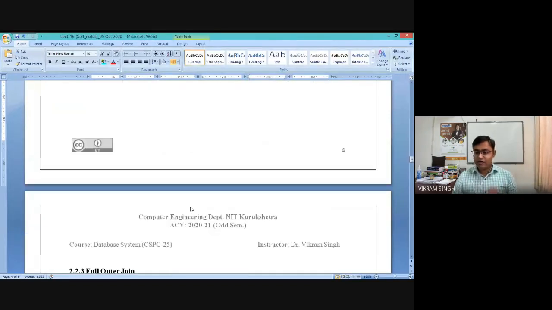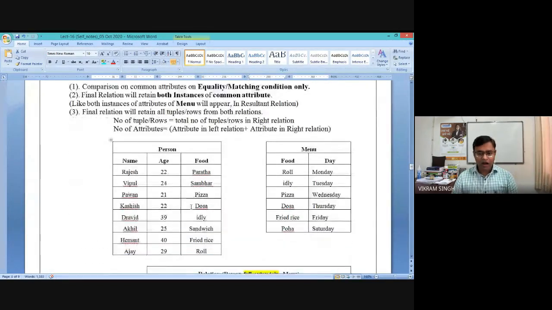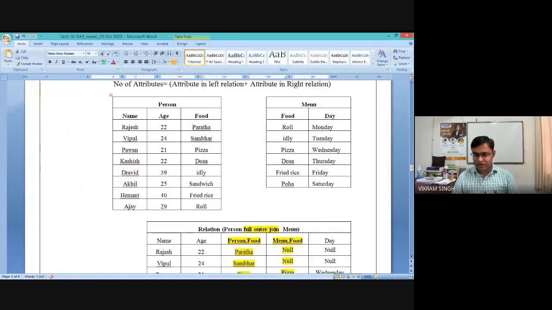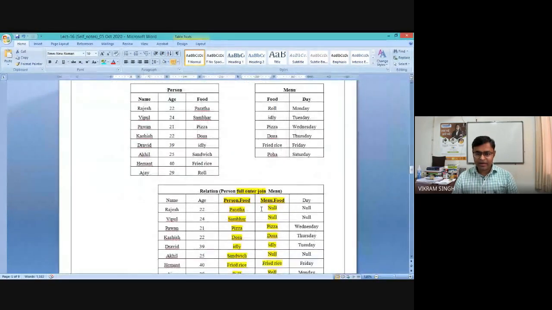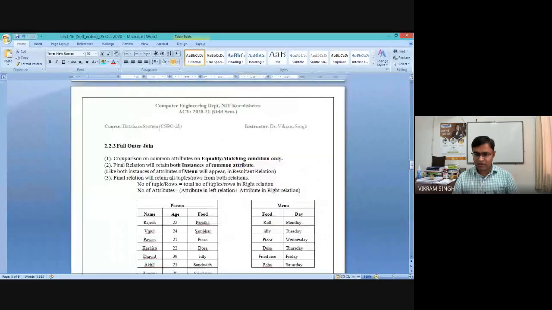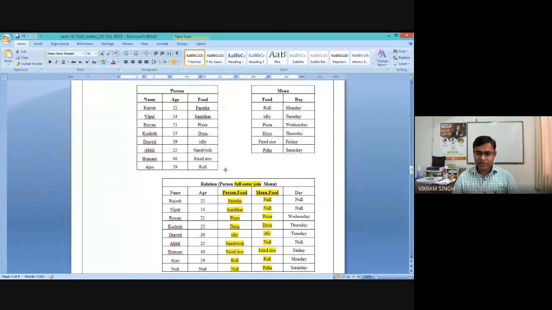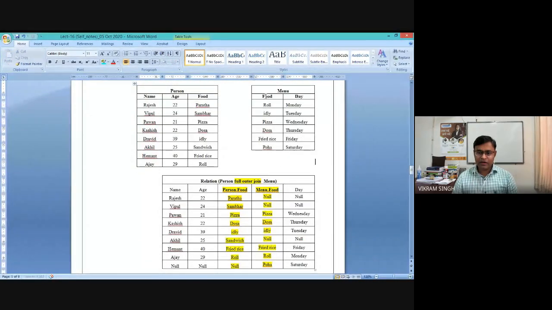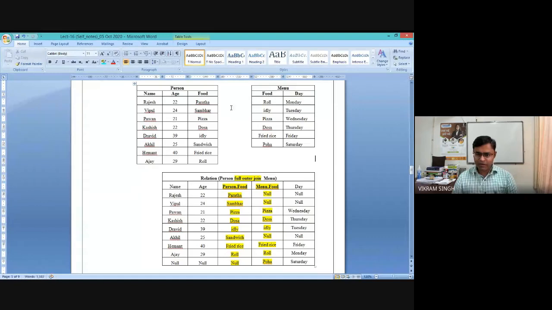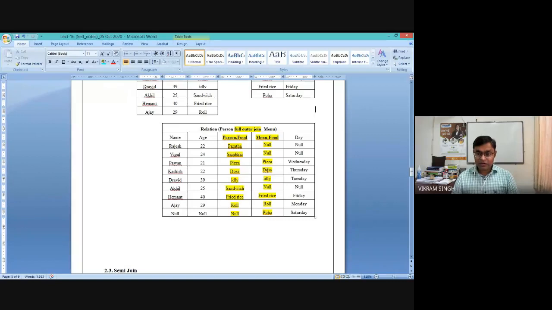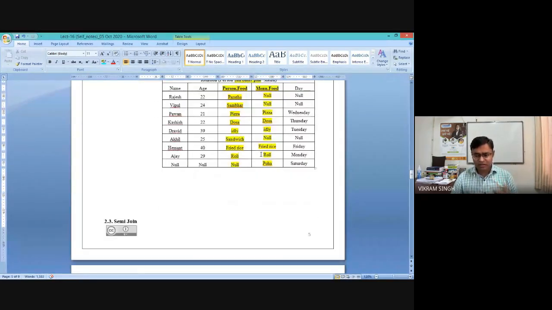Right. Similarly, if you go for the extreme level, which is full outer join, so I need to reduce the size of it. Full outer join. Okay. I hope it is visual now. So if you see here carefully, we have kept all these previous database values. तो इसमें क्या है? आप देखो इसमें बहुत सारे, so full outer join means we need to keep all the values, all the tuples from the participating relations. Left के पूरे होंगे, right के पूरे होंगे, अब कितने null होंगे, अब you need to count.